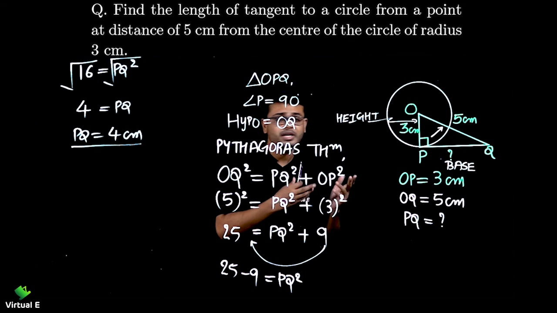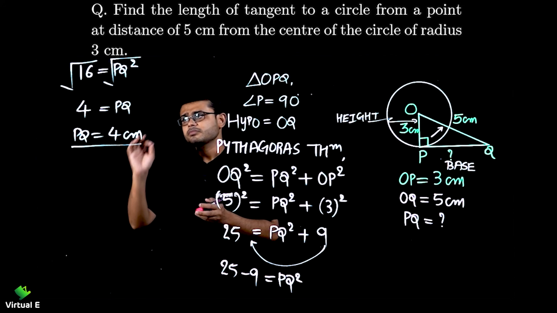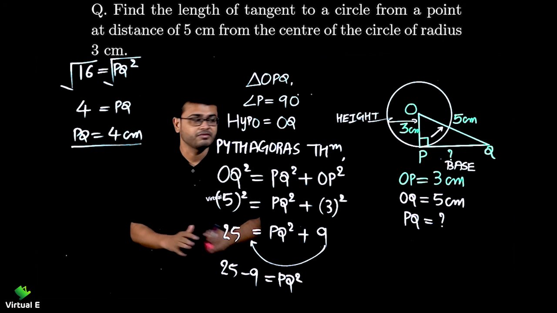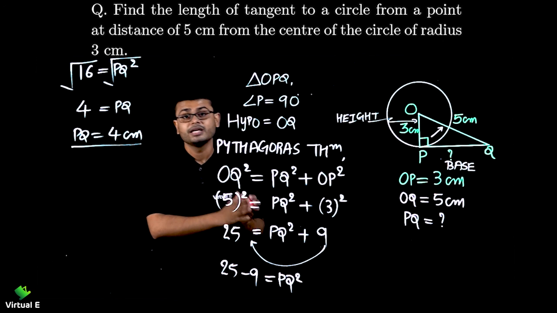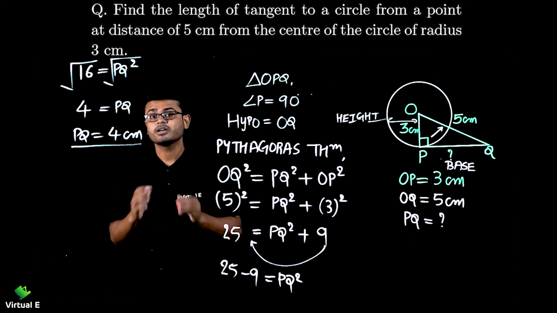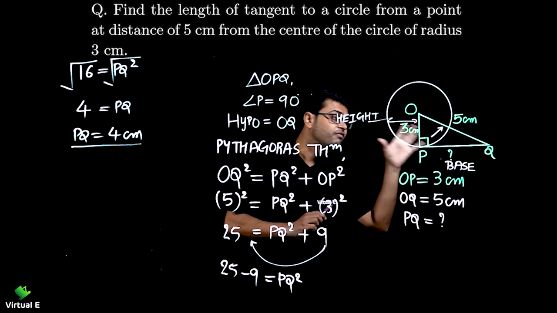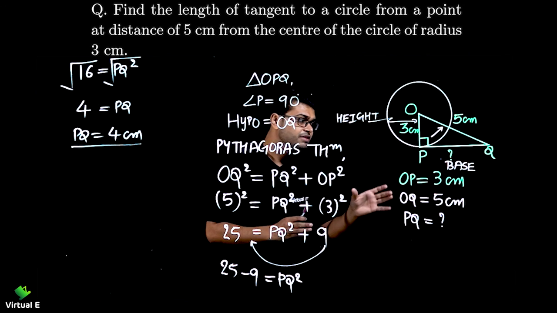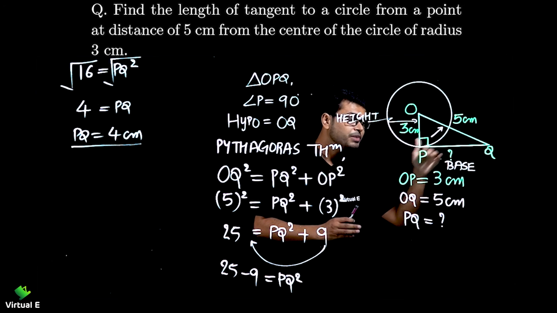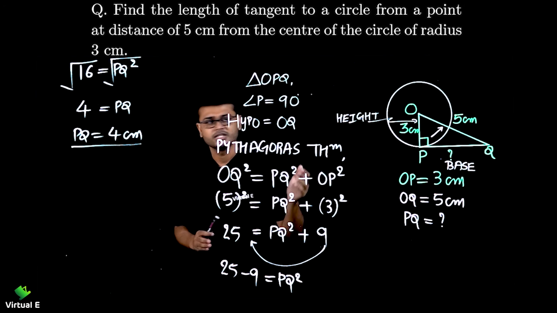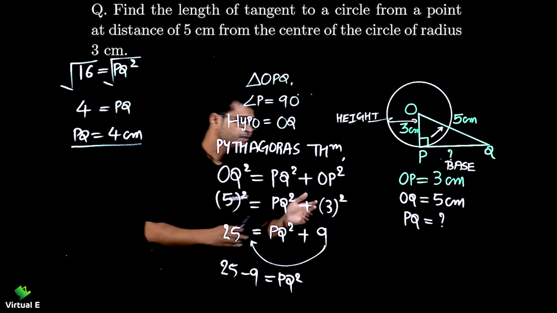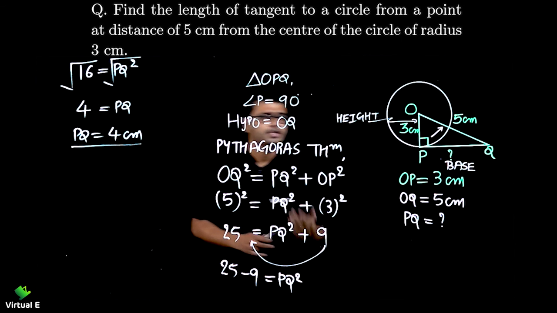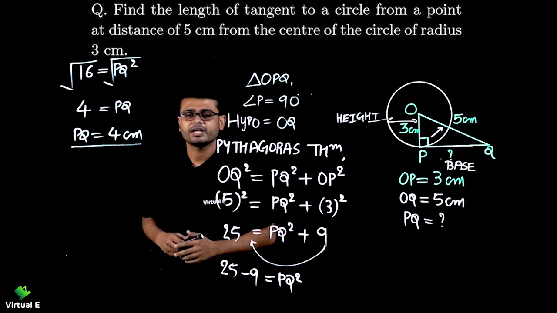So let's repeat one more time. What is new about this question is that no names were given, no figures were given. We have drawn the figure, we have labeled it, then we have done the question. Previously the figure was ready, it was mentioned that you need to find PQ. Here we were not aware that we need to find PQ. It was given that we need to find the tangent. So PQ is tangent, we need to identify it. So it is about identification. So you label all the things, OP, then OQ, then PQ. Then Pythagoras theorem, solve, and you get your answer.